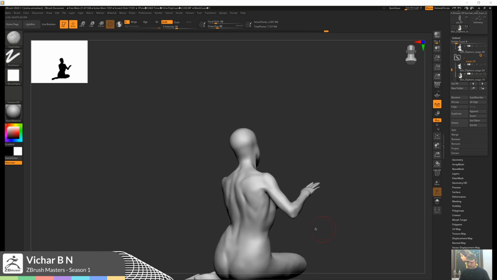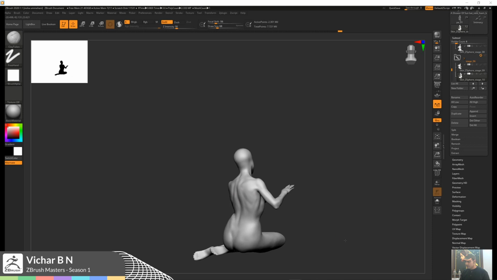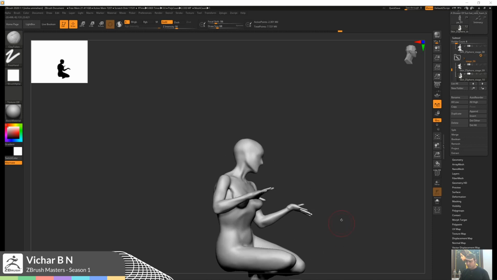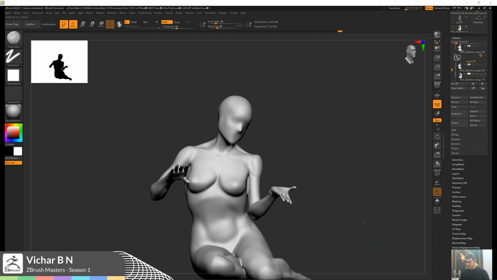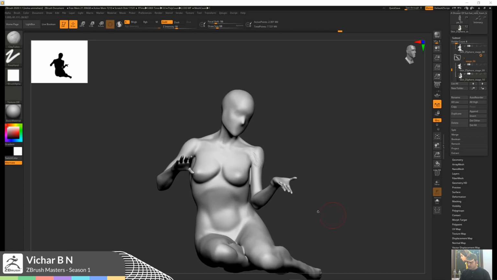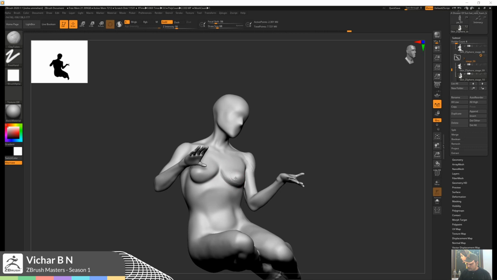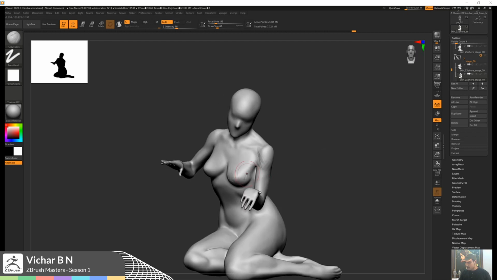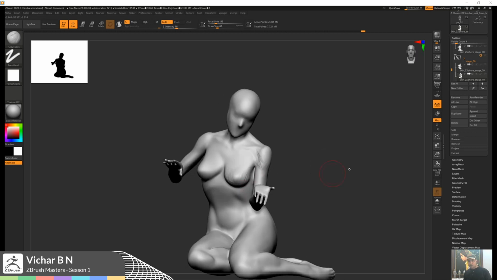See, with very minimal sculpt, I'm able to get more out of it, because I spend a little more time in my blocking. For me, blocking is very important. That is the stage which helps you, that's where you need to spend a little more time. Yes, I do sculpt in a different fashion, especially for this sculpt. I've done it in this fashion, but